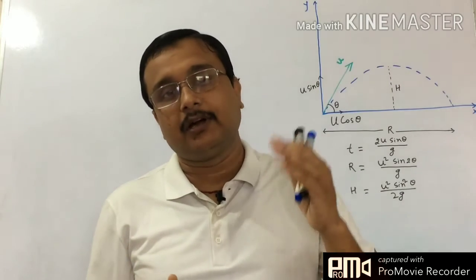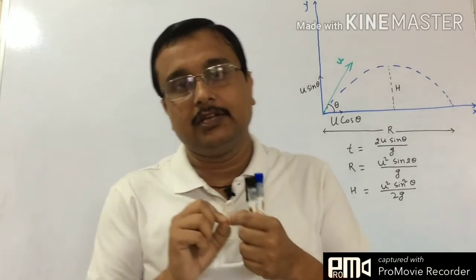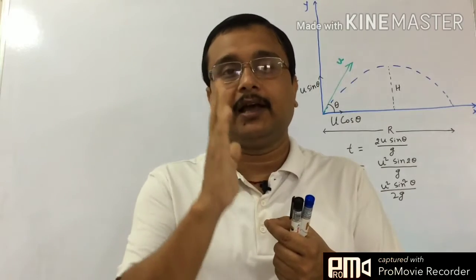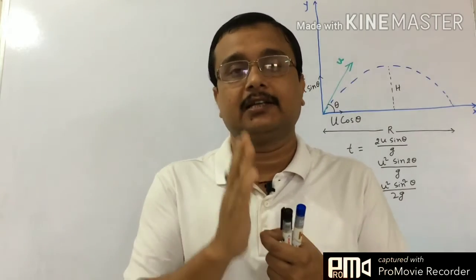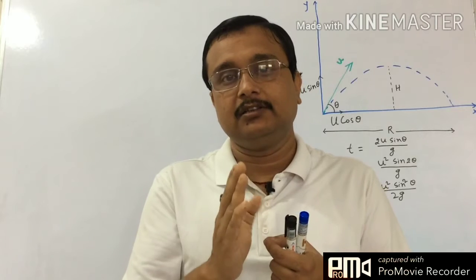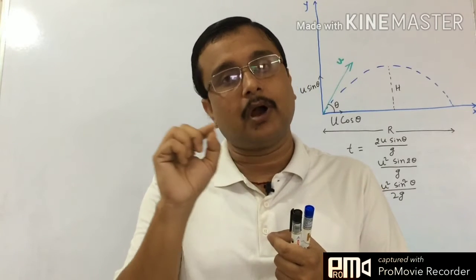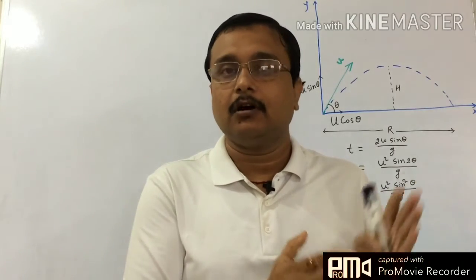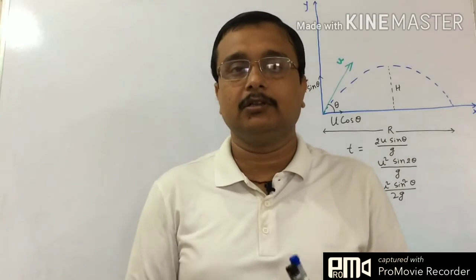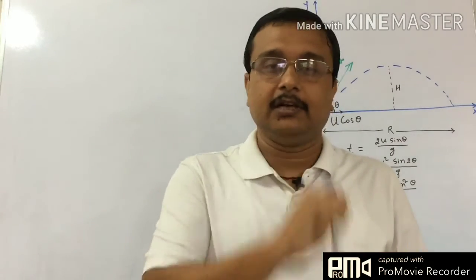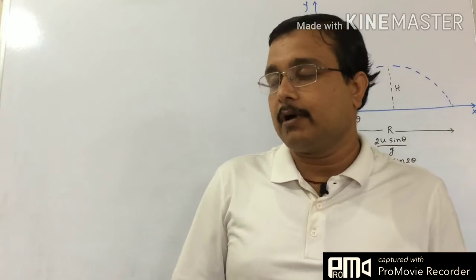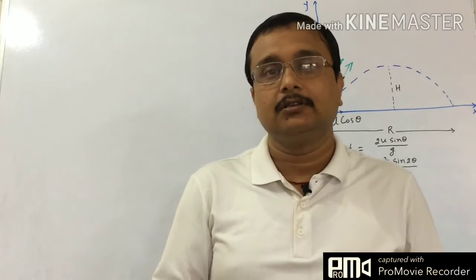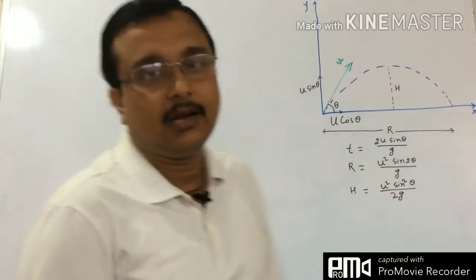the ground or the vertical. The velocity in the x direction always remains constant, but in the y direction it keeps changing because there is an acceleration g that is always acting on the particle's motion. So the y component of the velocity always changes, but the x component of the velocity remains constant. That is fine. So let's start with our lecture and continue with projectile motion. We shall discuss some useful points here, but before that let's recap first.